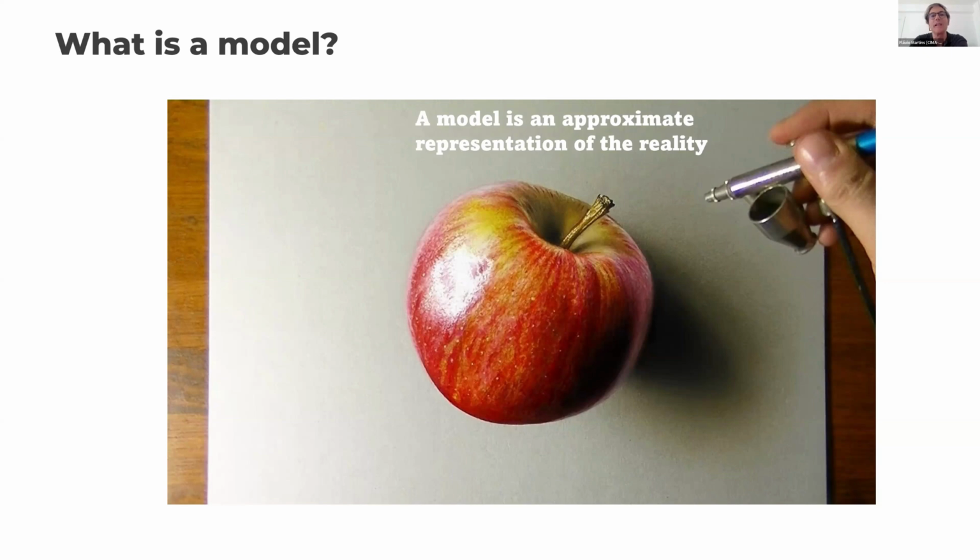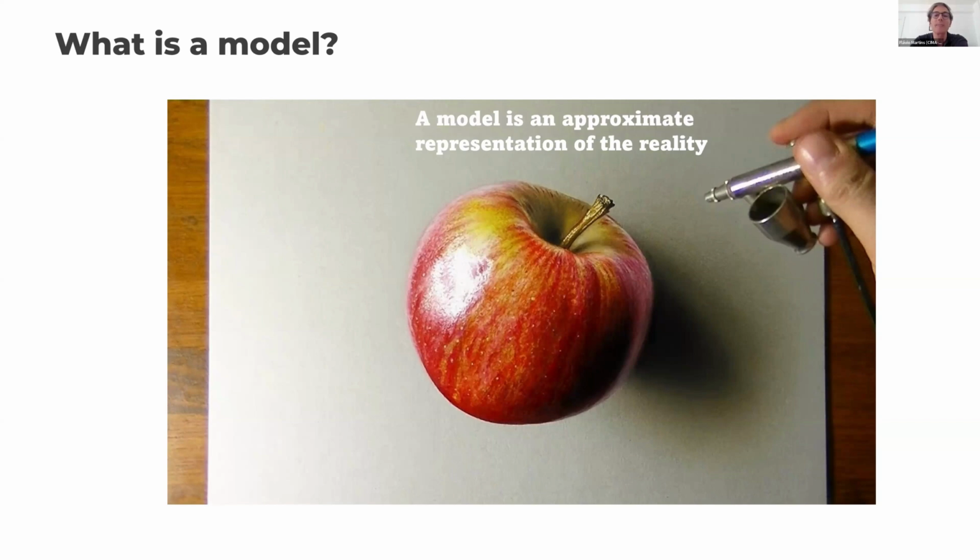For example, in case of biological processes, we don't know all the details, so we create an approximate model of the processes, but we still don't know all the processes. In a physical case, the equations are quite simple and we already know them. But in that case, the problem is they are difficult to solve, okay? But independently of the reason, the models will always be an approximate representation of the reality.